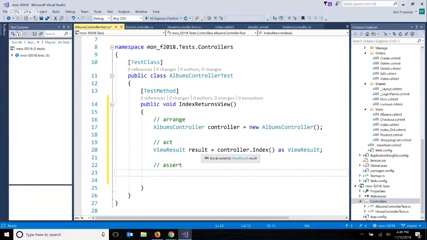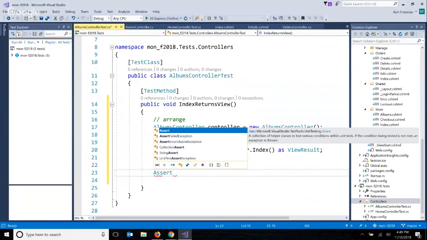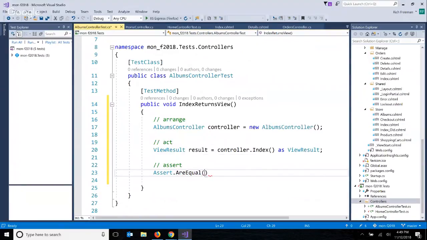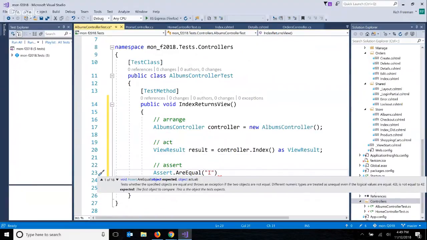Right, because we want to make sure not only that it returns a view, but it returns the view called index. So we want to assert that what we expect, you can see our parameters, we expect index